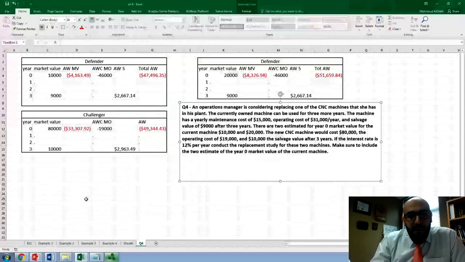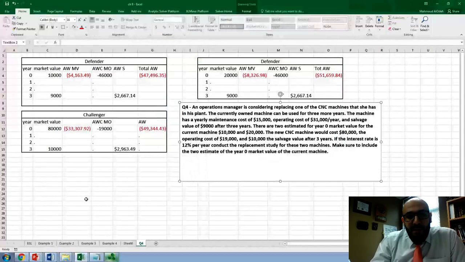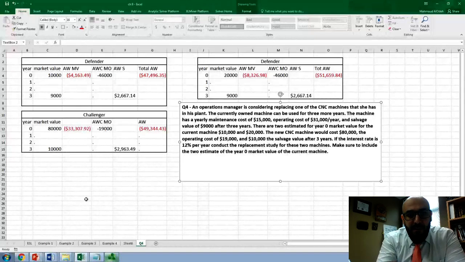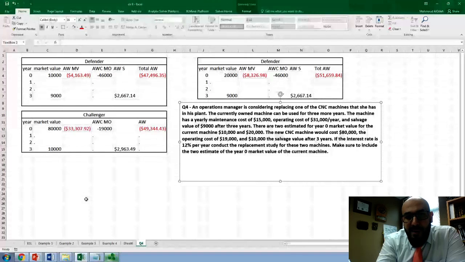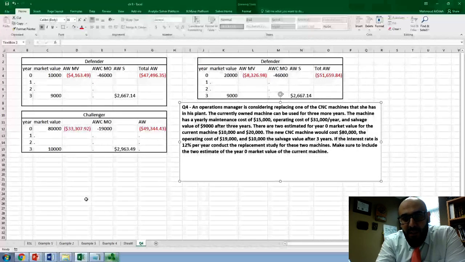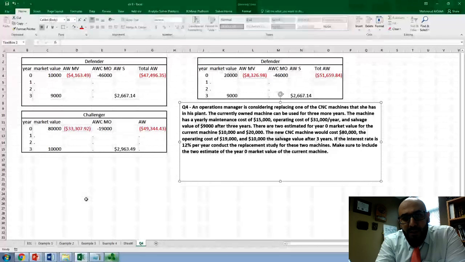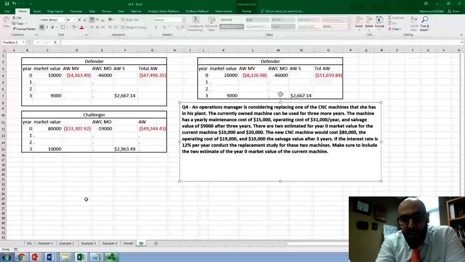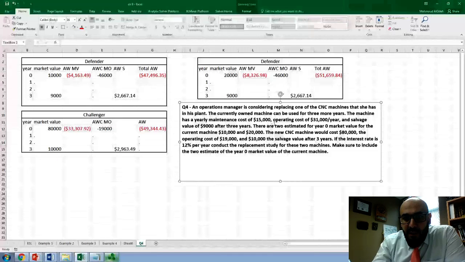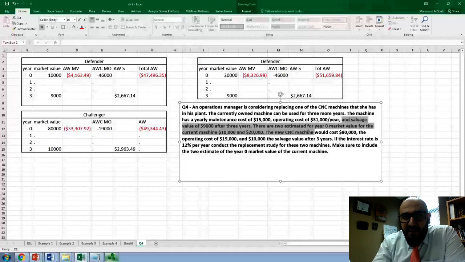Hi, I had a question about problem number 4 on chapter 9. This problem is about an operations manager who is considering replacing a CNC machine in her plant. The currently owned machine can be used for 3 more years. The machine has a yearly maintenance cost of $15,000, operating cost of $31,000 per year, and a salvage value of